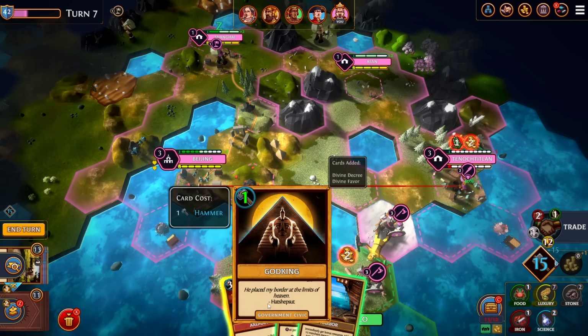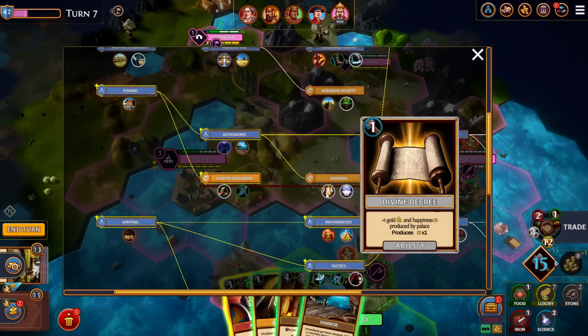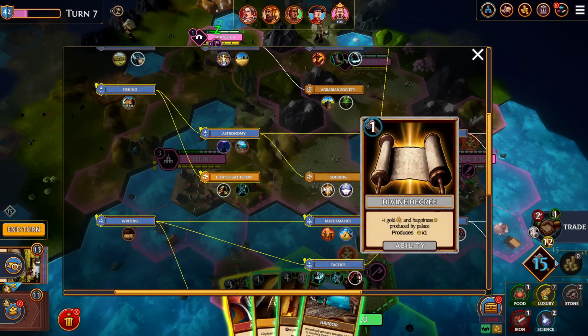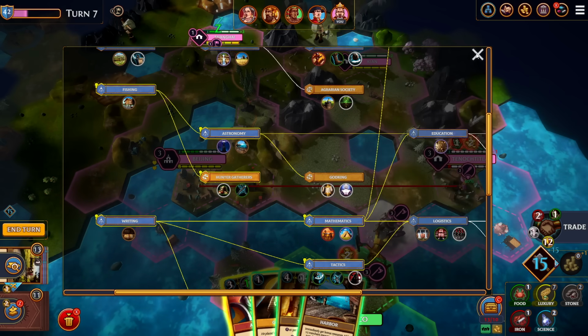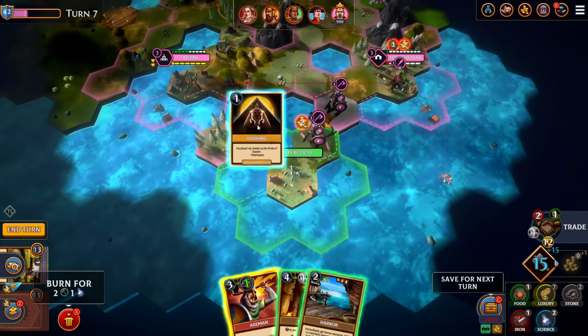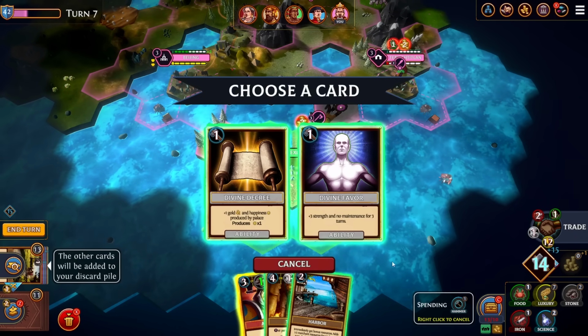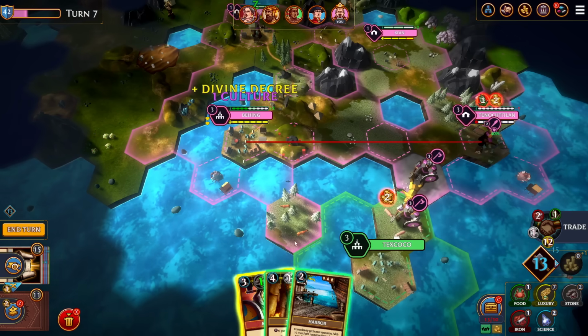Okay, Divine Decree, Divine Favor. I'm trying to remember what those do for me. All right, this upgrades the palace, giving it more gold and happiness. And Divine Favor is just a flat strength boost for a few turns. You know what? I think it's worth doing it because you have a lot of production. Which one do I want in my hand right now? I think the Divine Decree, so we can get some money accumulating, because that has been a bit of a